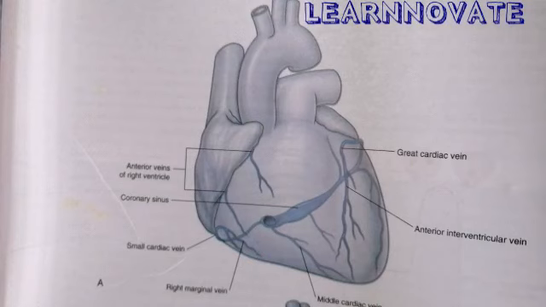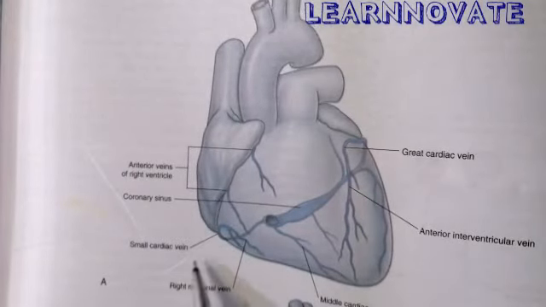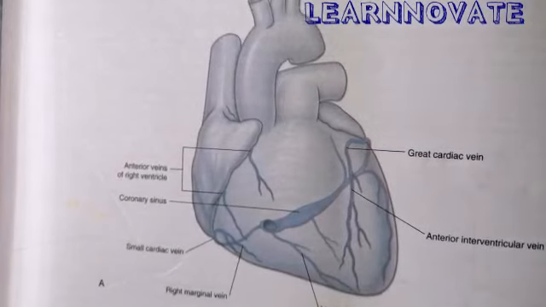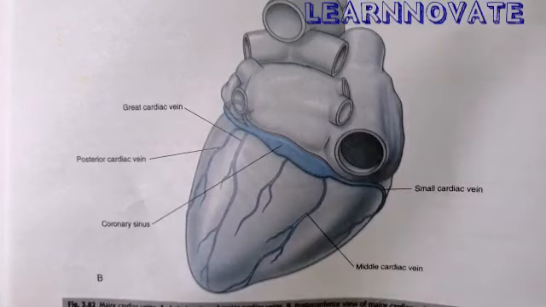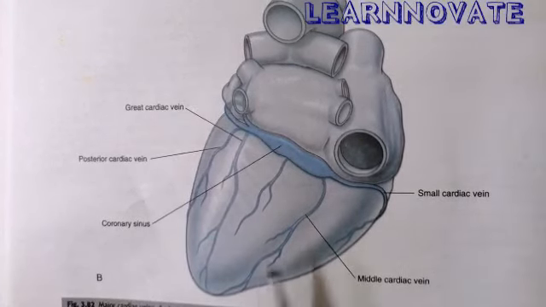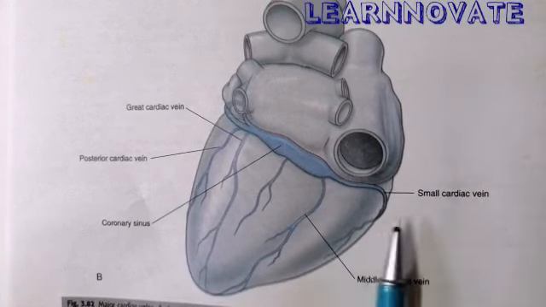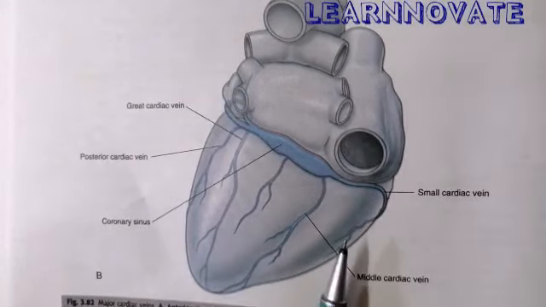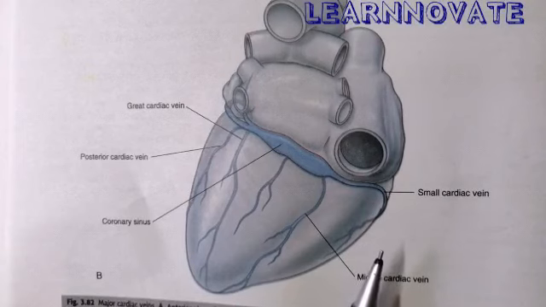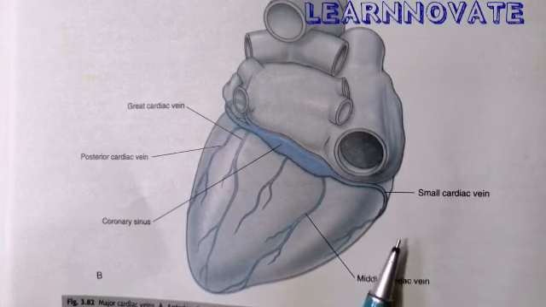So this small cardiac vein is going at the level of the right atrium and right ventricle. Here you can see the right marginal vein is going to enter into the small cardiac vein. Also, some of the smaller veins may drain into the right atrium directly or enter the coronary sinus. These small veins include the anterior cardiac veins that are present on the anterior surface of the heart. The smallest cardiac veins we call the venae cordis minimae. This is the vein of Thebesius, and this vein is also going to enter into the coronary sinus. So that was the smallest cardiac vein that may be present in some cases in the heart.